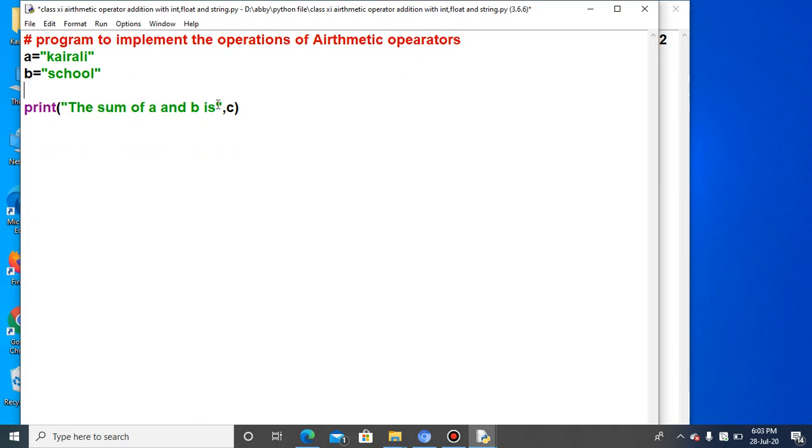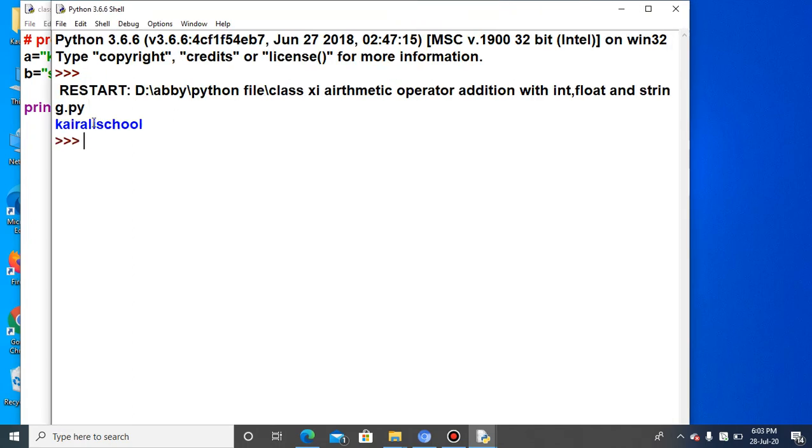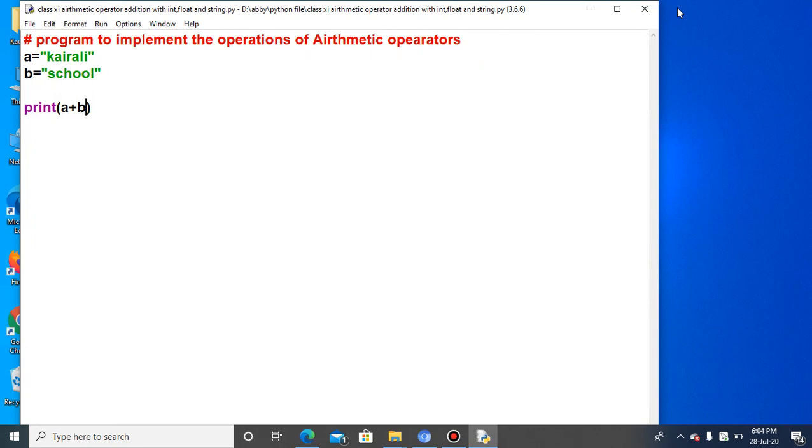Simply I want to use A plus B. A is Kerali. B is school. This means the two strings will be joined together. Press Ctrl plus S and then F5. So Kerali and school are joined together. If you want to give a space here, then we will put the space. But till now, what I have told is enough.